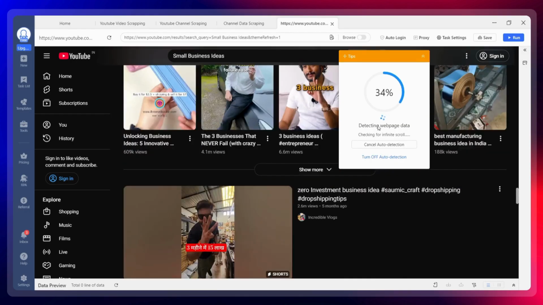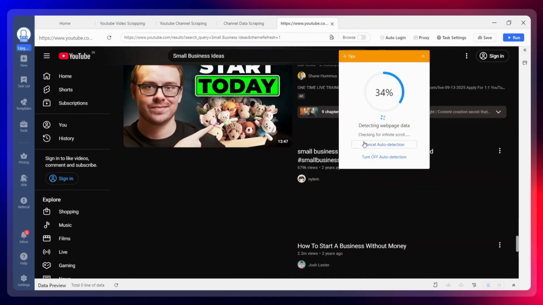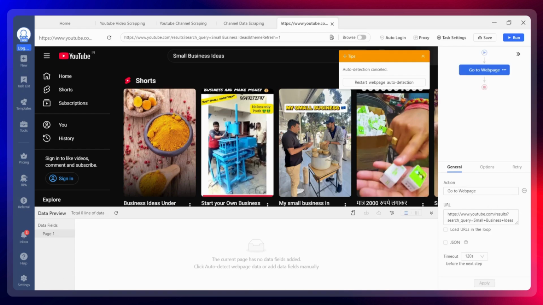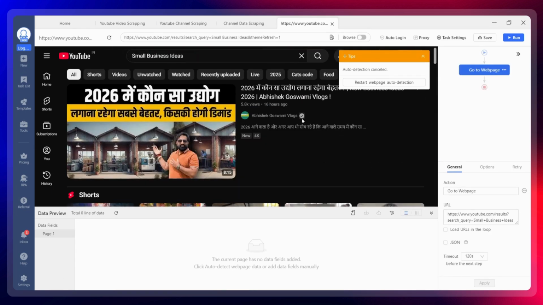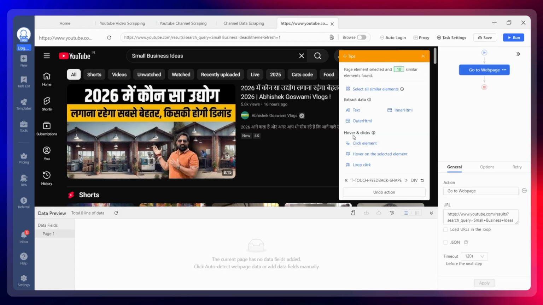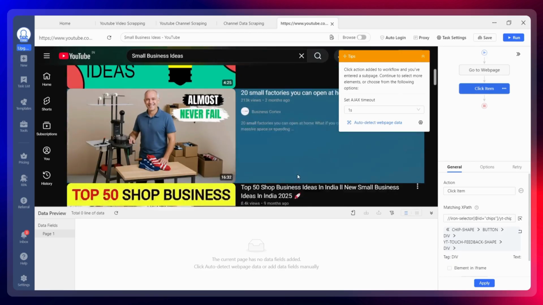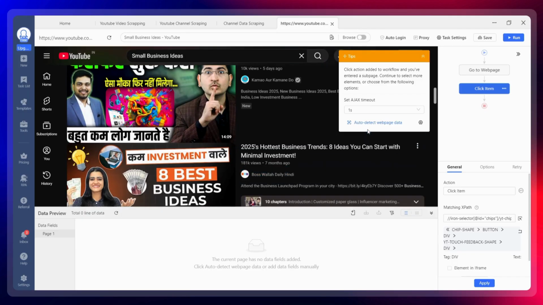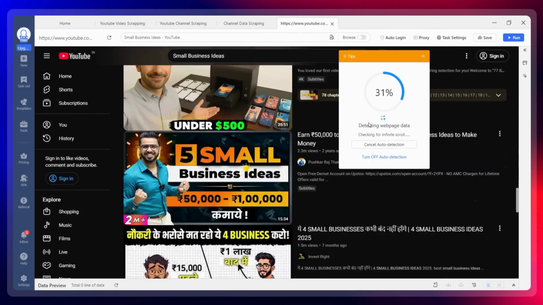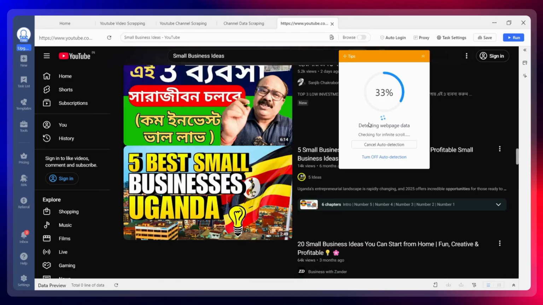Now, before it does that, what I need to see is that, as you can see, there are both videos and shorts over here. Now, if I'm someone who doesn't want to see shorts, but I want to see videos specifically, what I can do is click over here on videos as a filter and select the click element option from the options I have given over here. Once I do that, all I'll get are results of videos excluding the shorts. And then I can again click on auto detect web page data to then analyze